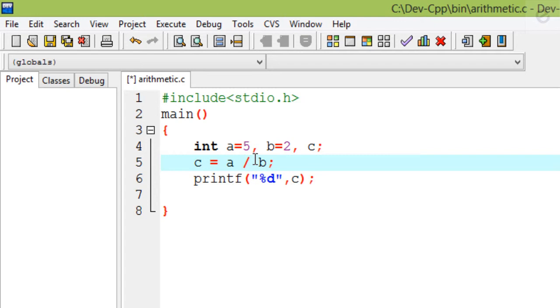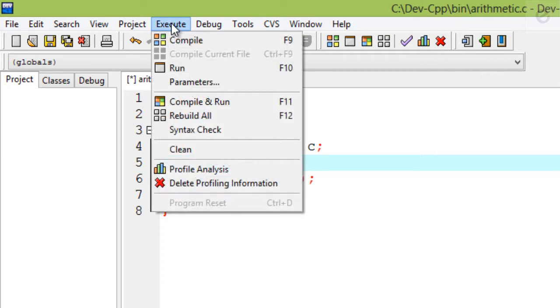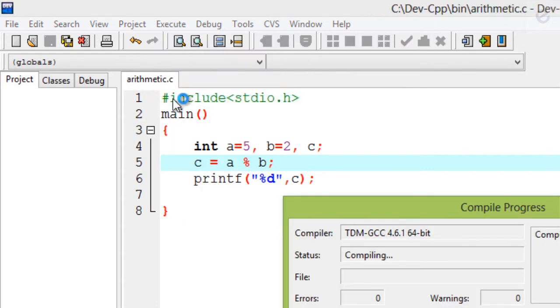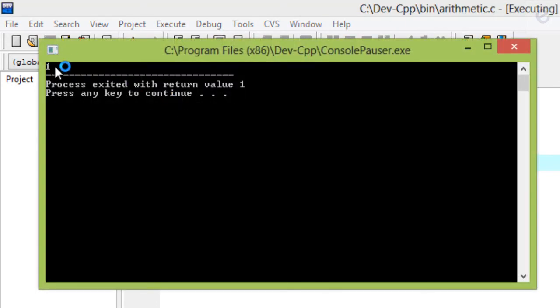Now here we are again replacing the value of b by 2, and we are also replacing the oblique sign by the % sign. We would be calling the percent sign the modulus in programming. We need to simply know that the modulus would be giving us the remainder when we divide two values. Suppose here the value of a equals 5 while the value of b equals 2. If we divide 5 by 2, the remainder we would be getting would be 1, and the modulus would be returning us the remainder. If we compile and run the program, the result printed on the screen would be 1, since when we divide 5 by 2, 1 is the remainder.